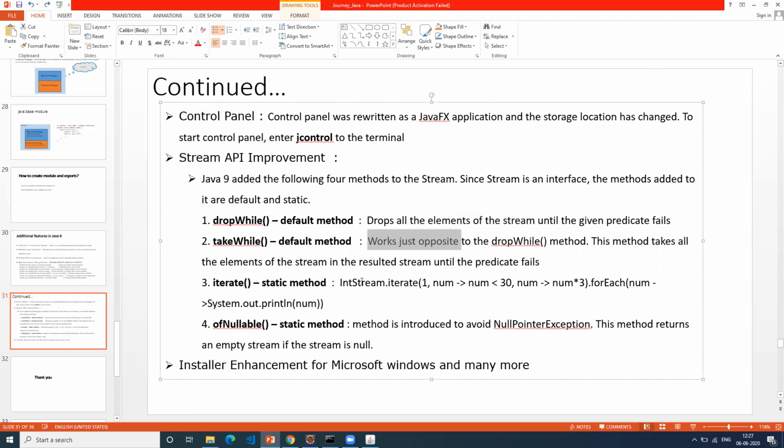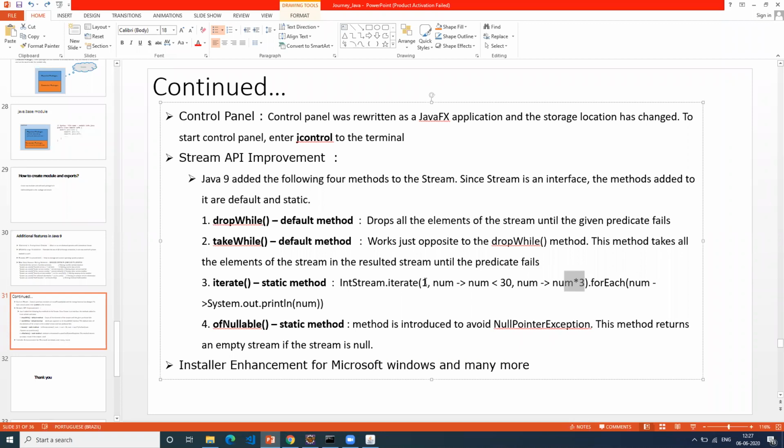Okay. Iterate is basically one more new method that got added. It has 3 arguments: 1, 2, and 3. If you see the commas, you can easily check it out. 1, and then 2, and this is 3. So what this method is doing is, I have one number, and till the number reaches 30, you multiply 1 with 3, and then assign that number back.